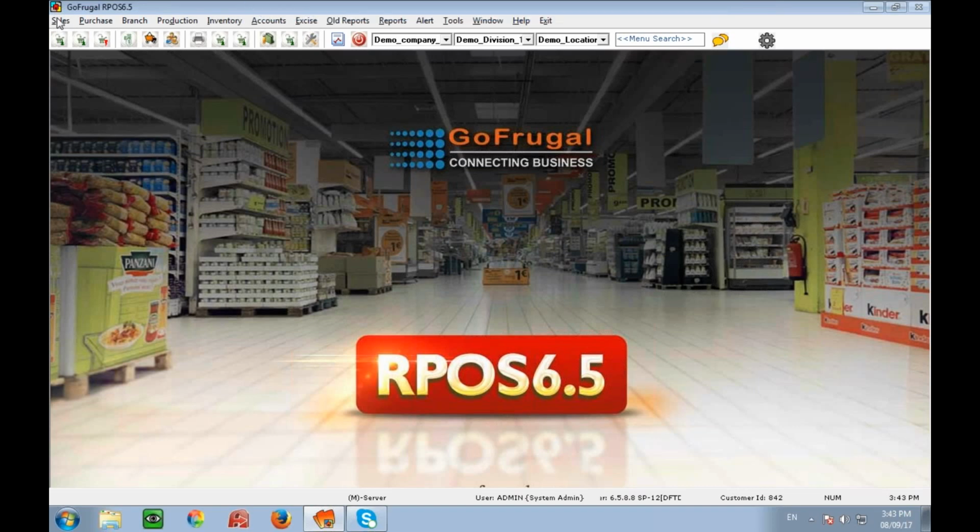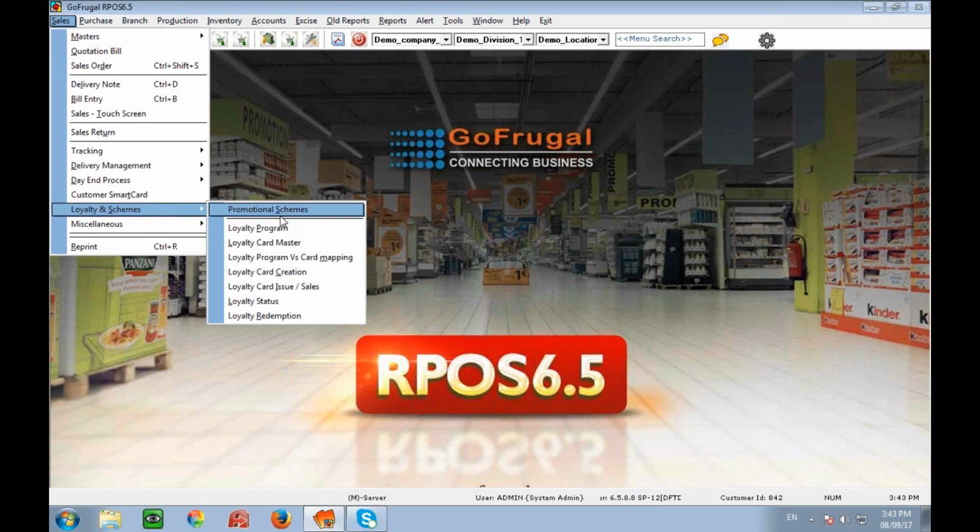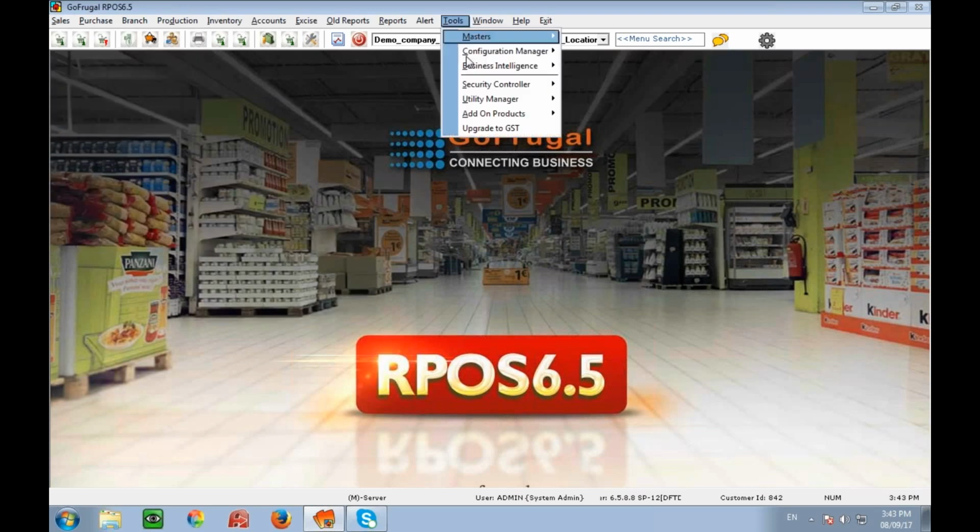So the last part that we're going to discuss is creating loyalty based on cards. So we have loyalty based on card also. So let's see how to do this. So we have a configuration for that.